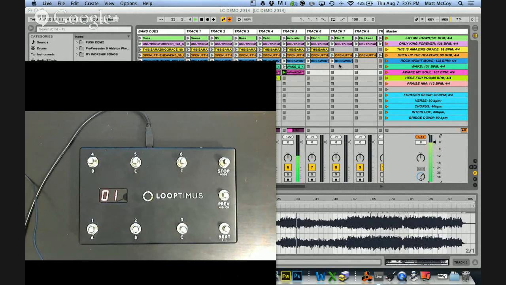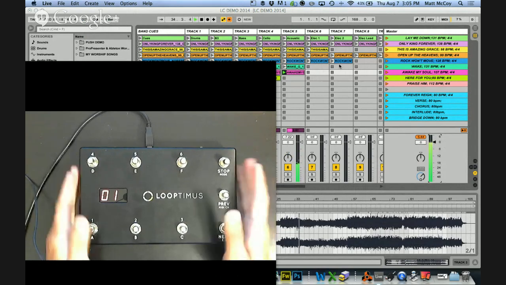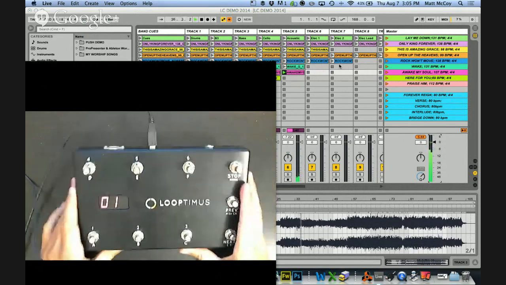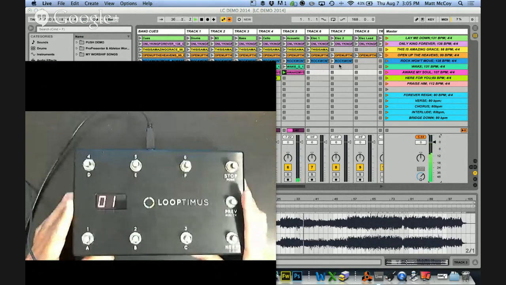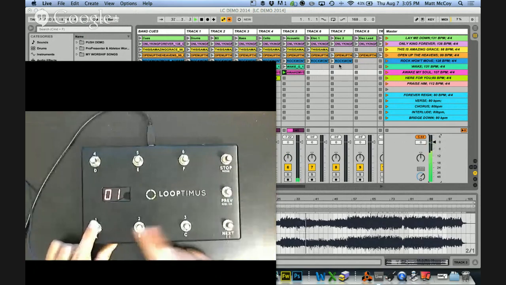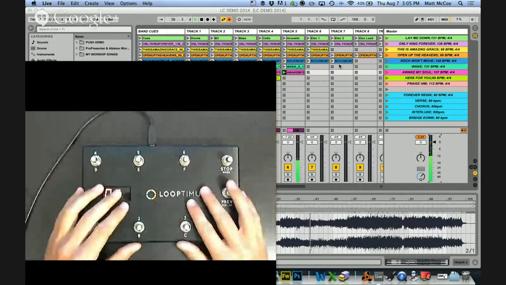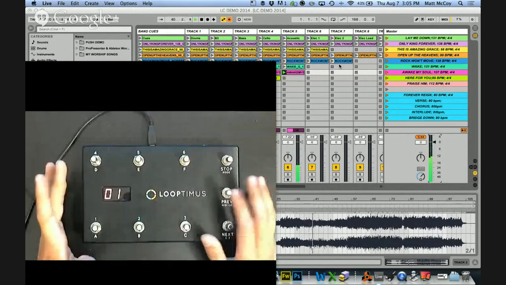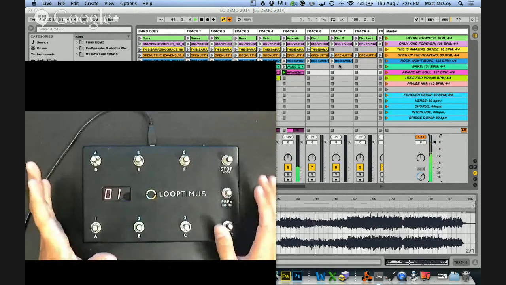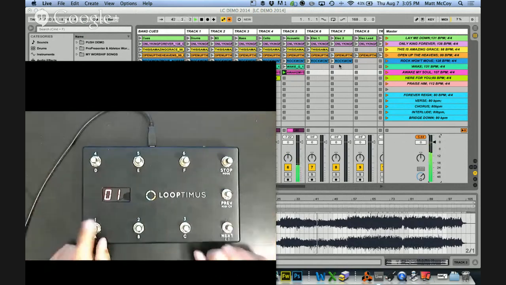Basically, it's a keyboard for your feet. So what it does is it sends individual MIDI notes. Each of these buttons sends a separate MIDI note. And you can assign those MIDI notes in Ableton, Logic, MainStage, Reason, whatever. So we could set this button to be song 1, this one to be song 2, song 3, song 4,